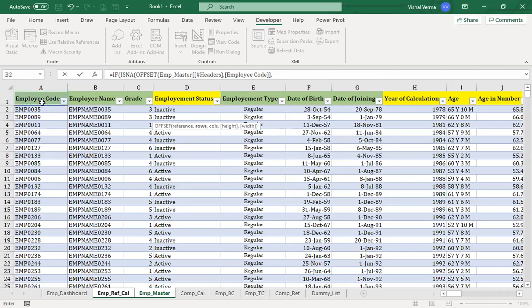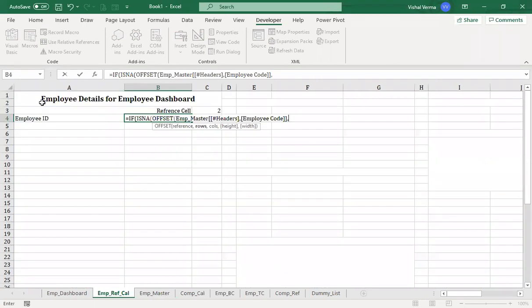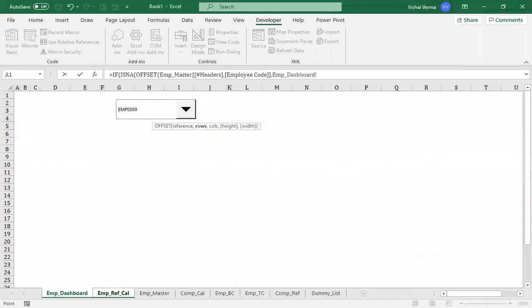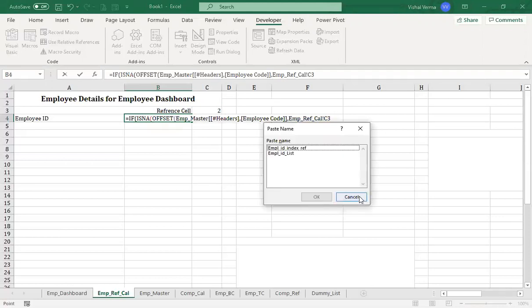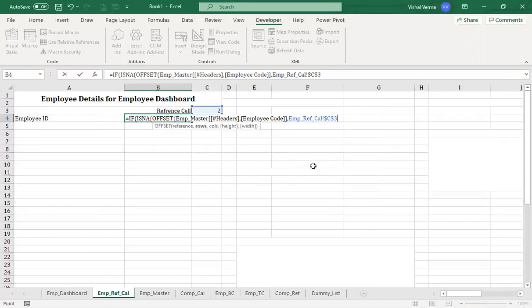And then we need a row, so the row will be the reference cell, and then we need the column on which it will be going.